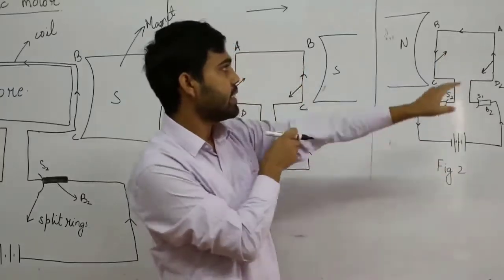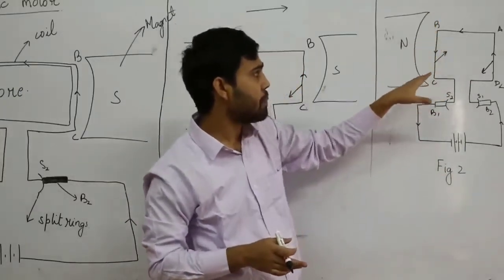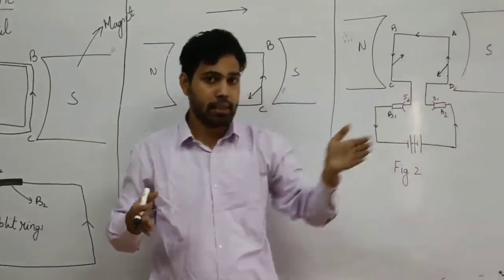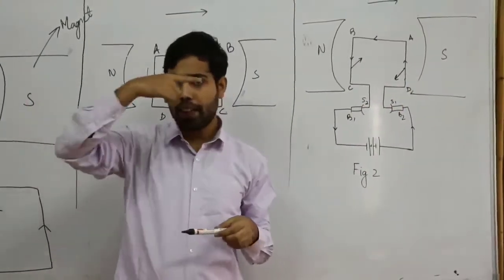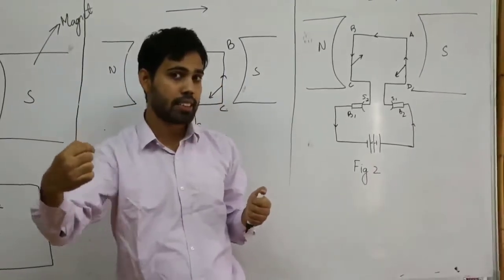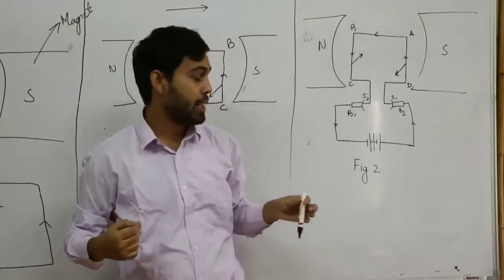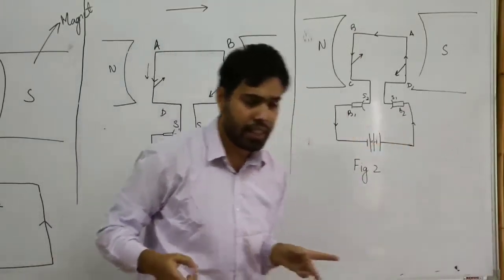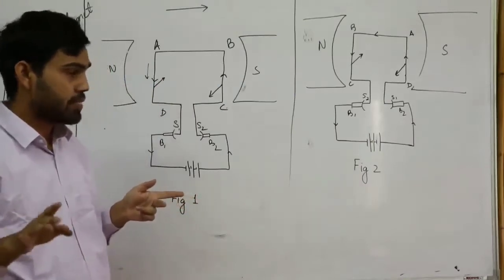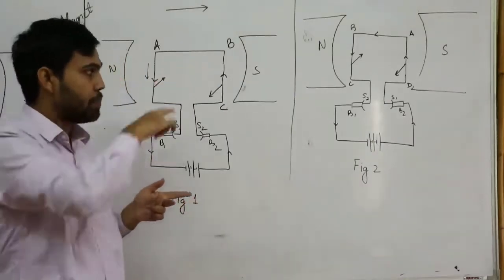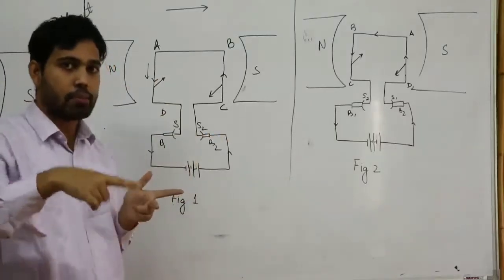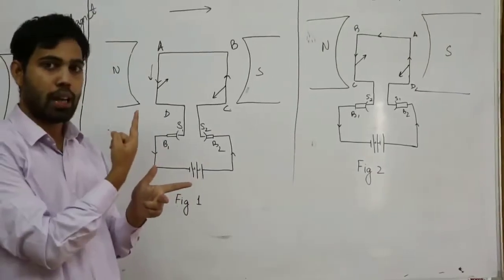Now in this particular case, what is happening? My BC is the part on this side and AD is the part on this side. So again, the magnetic field is along this direction. The current is coming towards me for BC. So if you look in here again, if I use Fleming's left hand rule, for this part BC, the direction of magnetic field is in this direction. The current is moving towards you, so the motion will be upward.